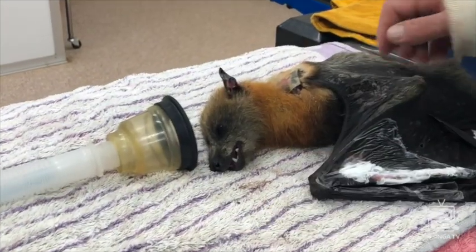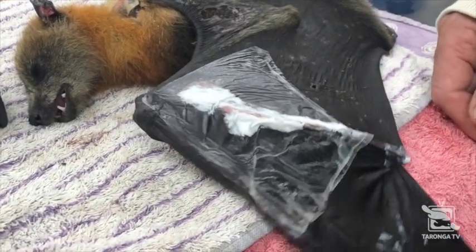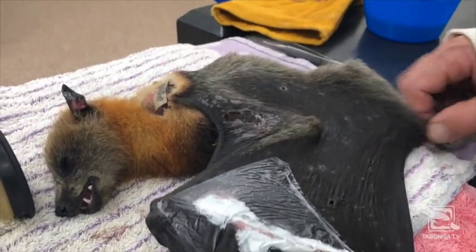Sometimes we progress these cases with our fingers crossed a little bit, but we're pretty confident with this bloke that he'll be releasable. His wing membranes are still largely intact. All of the margins of the flight membranes remain intact. So all of the little deficits and holes are really within the substance of the wing, and in those areas